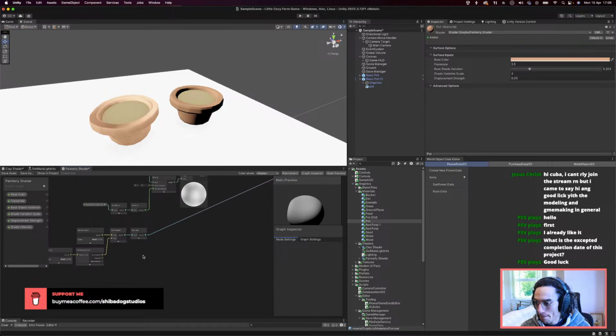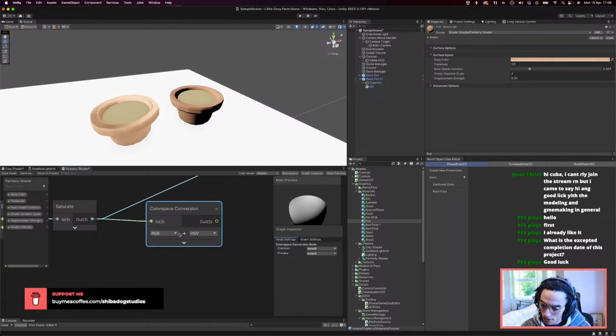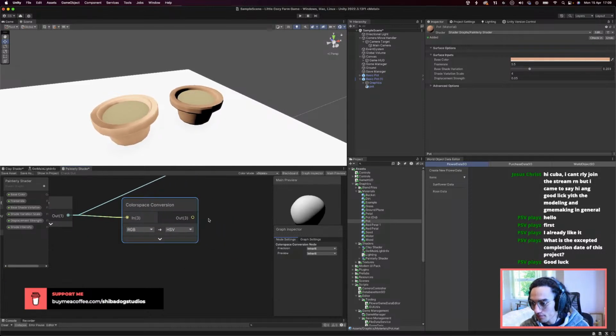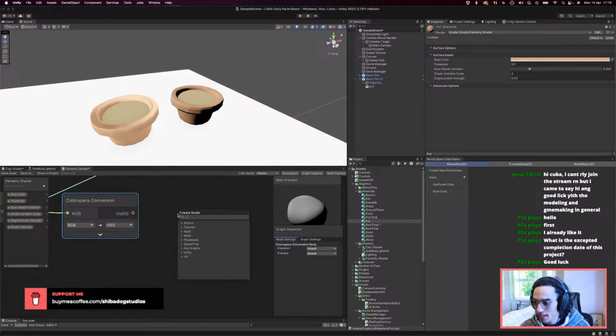Perfect. We're going to take this color and convert it to HSV. Reason being, we want to take it and alter the value, so that the brightness of the color is based on this shading intensity. So we can go ahead, take this, split it,